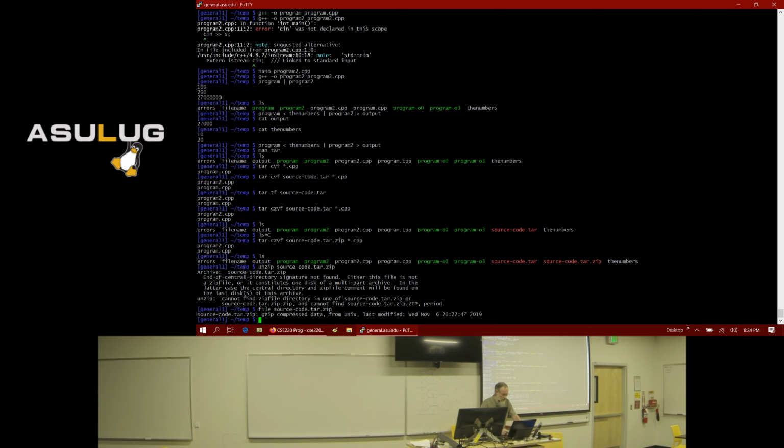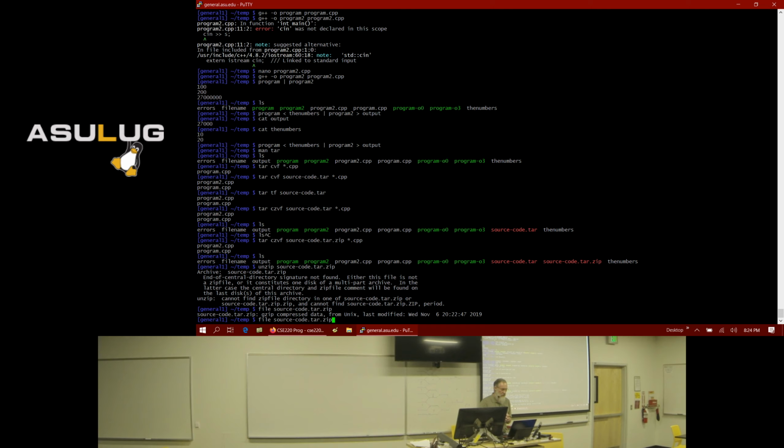So if I do that, it tells me that this is a gzip compressed data file. So it is a zip file. Now, there's different compression utilities, and zip is one, maybe the most popular one, but there's another one that's used in the Linux world called bzip.